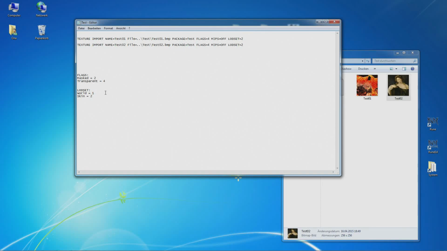And because this is a regular texture, we make it 0. And the MIPS, we keep the MIPS off. And the LODSET is for world, okay? So we make LODSET 1, okay? Copy this one, go into your